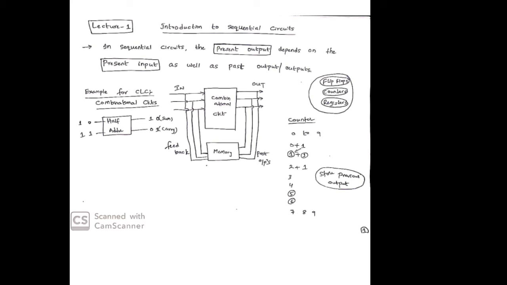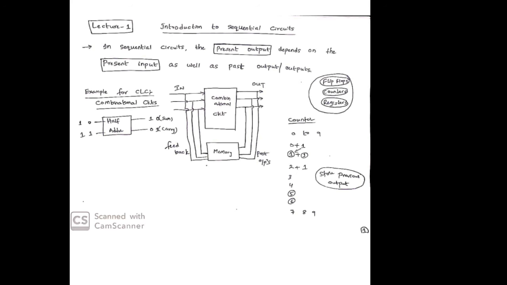Like that it counts. If you observe, we are at 1. If I add 1 to that previous output, then we get 2. And next, 3: how can we get 3? If I know the previous output, then if I add 1 to it, we get 3. Like that the remaining numbers are also obtained with the help of the previous output. That means if you want to know the present state of the output, you need to know the past history of the output. Because of that reason, you see the formal definition of the sequential circuit